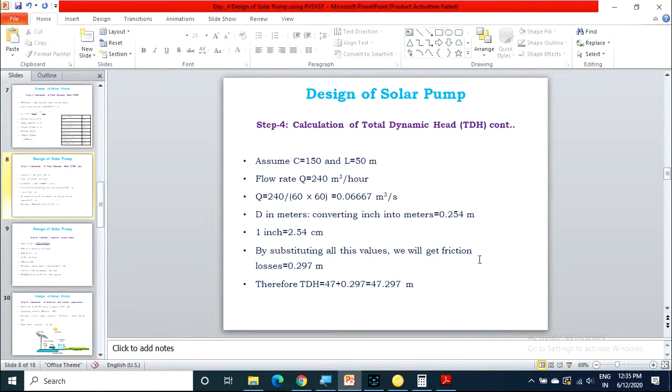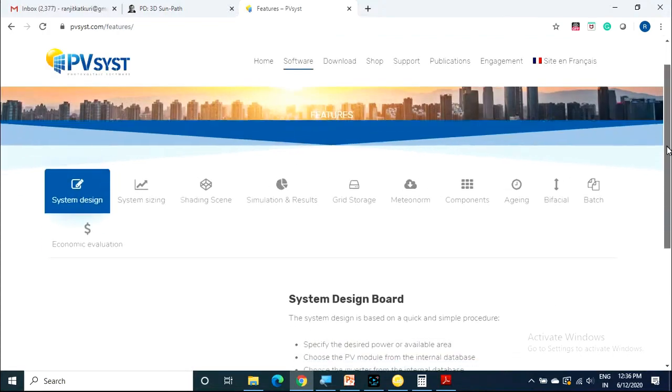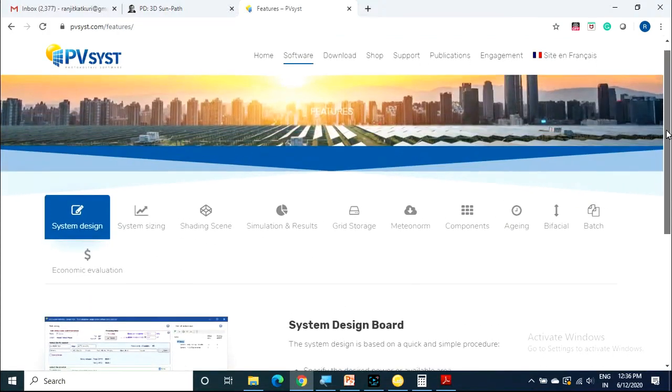So I think the software cost per annum is 1.5 to 2 lakhs, I think.